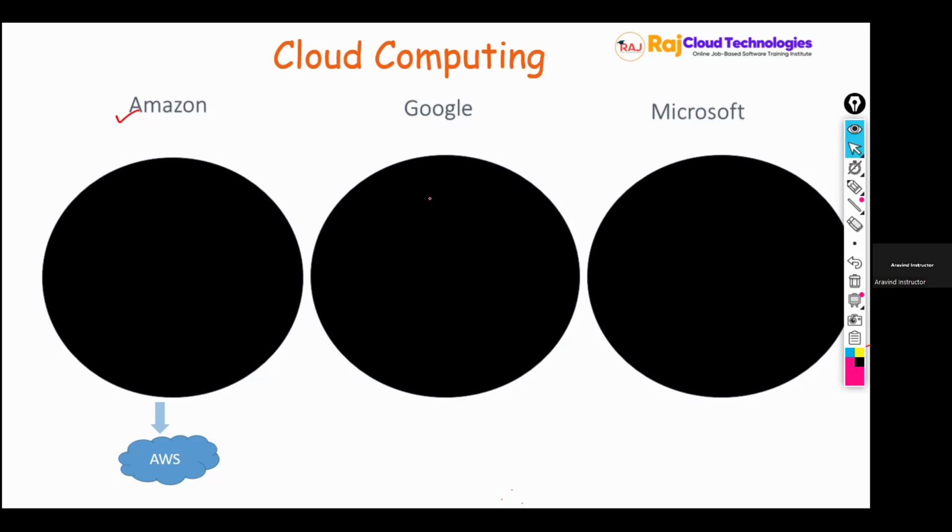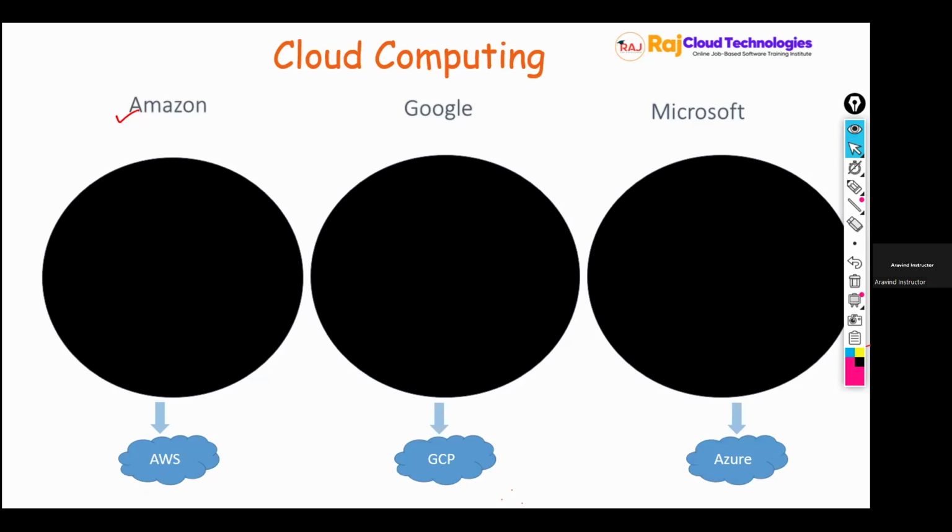Similarly, Google also provides cloud services through a platform called GCP. Microsoft also provides cloud services through a platform called Azure. So you need not set up a data center in your company.